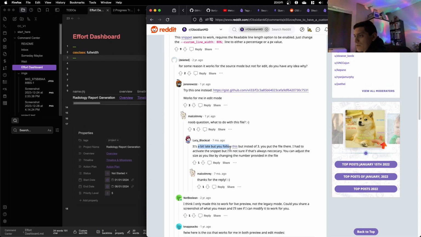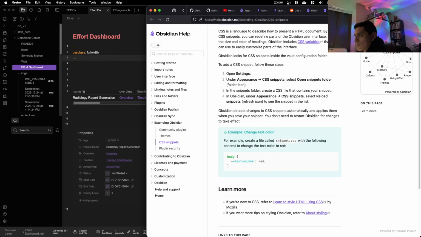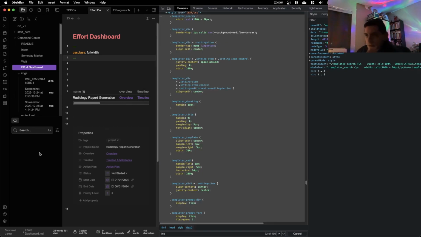It's a bit, but you follow this, but instead of 3, text normal. Let's try this. Size is not working. Text normal red.